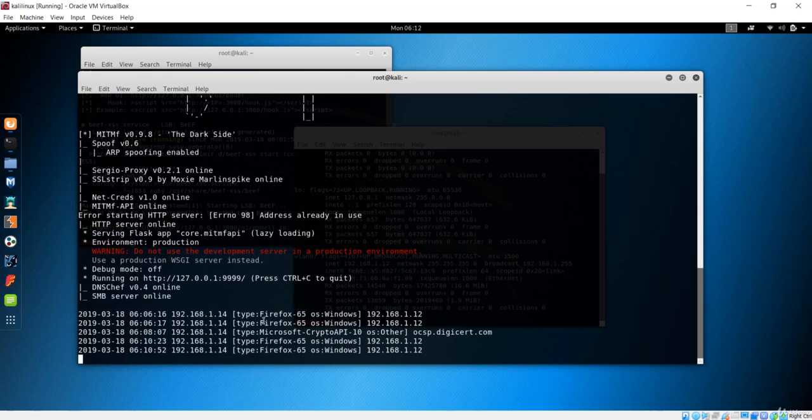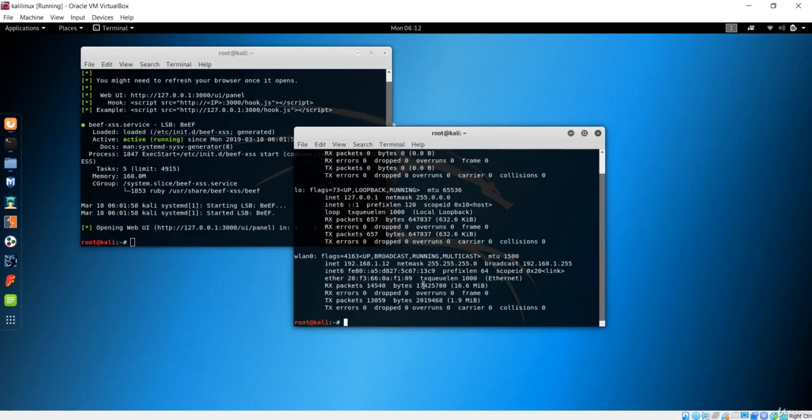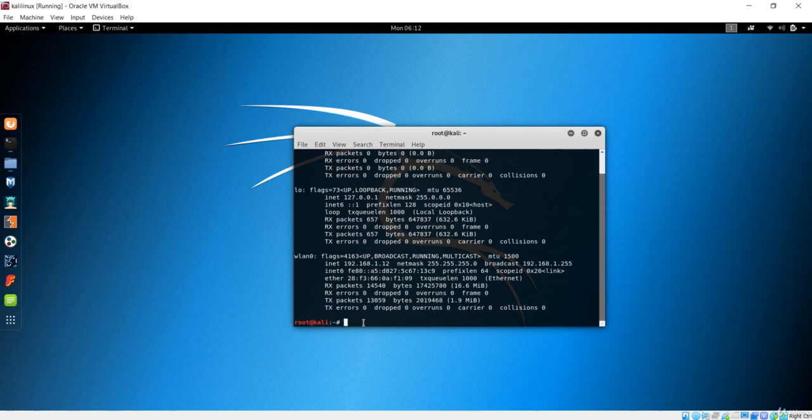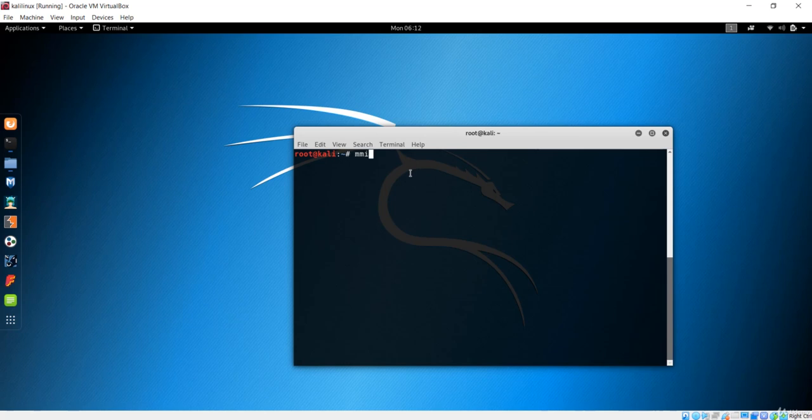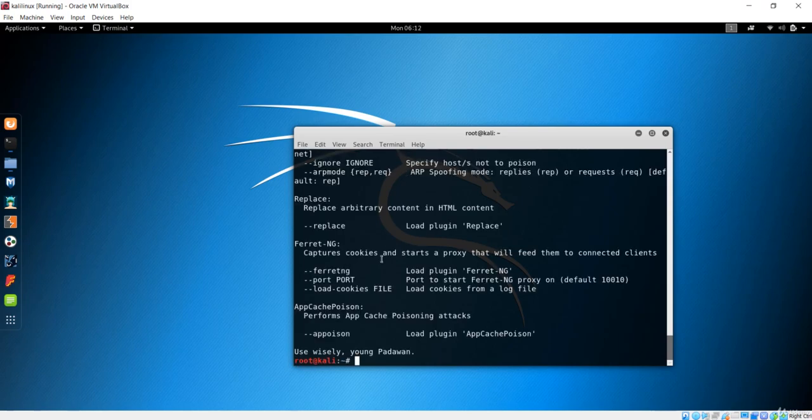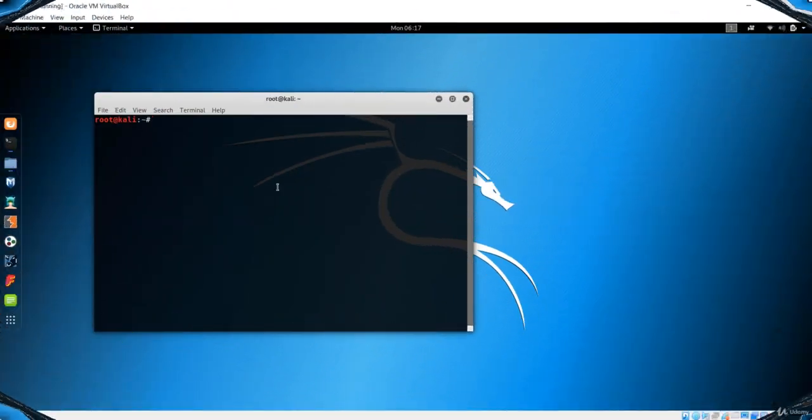You can use so many tools over here. Let's do some more. Let me just close this one because we don't need it anymore. Next, I want maybe the screenshot. If I want the screenshot, it is the man in the middle framework, and if I just go to the help, you will get everything that is needed.